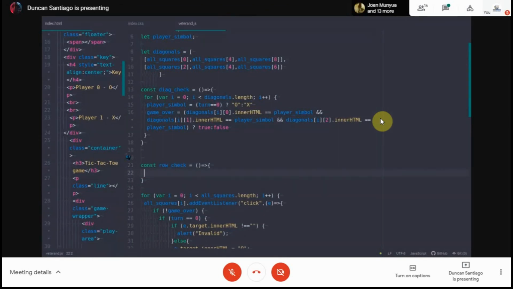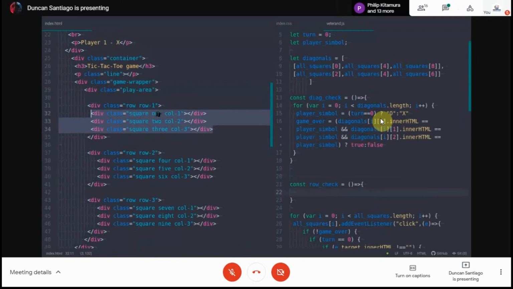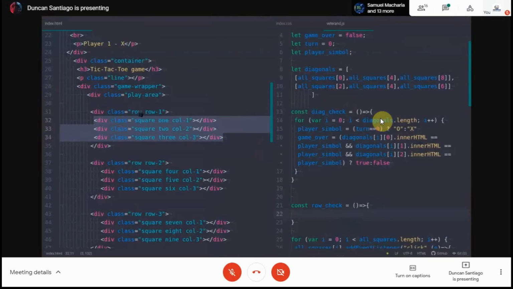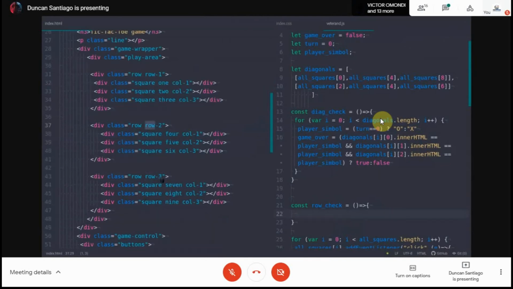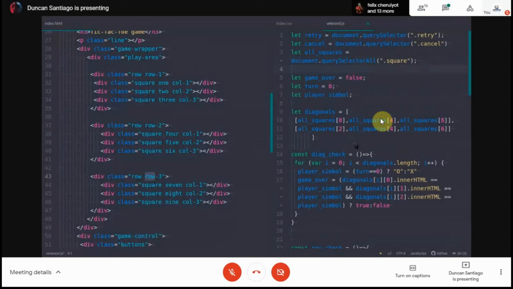So you realize that each and every row here has 3 elements. The first row has this, and this. So I have wrapped it in a div with a class name of row1, row2, and row3. I can query all the rows from the HTML on the JavaScript side here and assign them to, let me just call the variable rows,